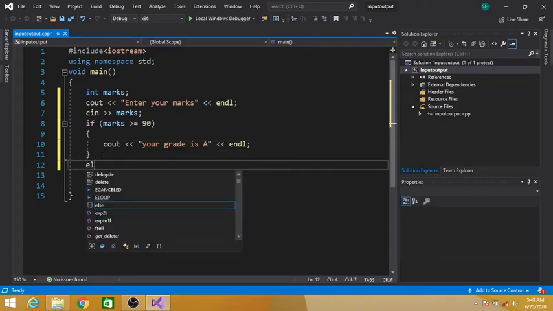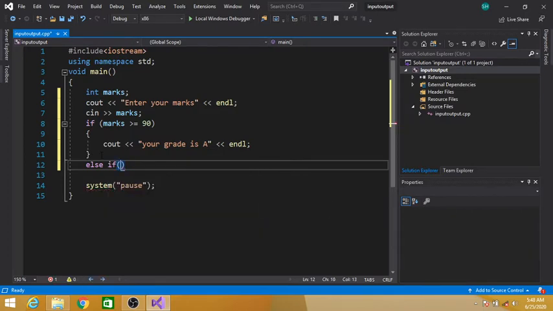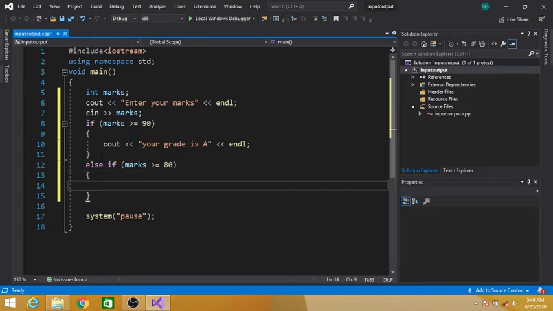Similarly, else, here we have multiple options. If marks is greater than or equal to 80, then cout your grade is B, simple, end of line.